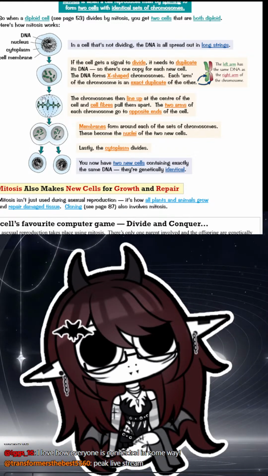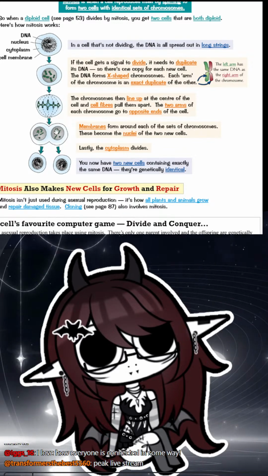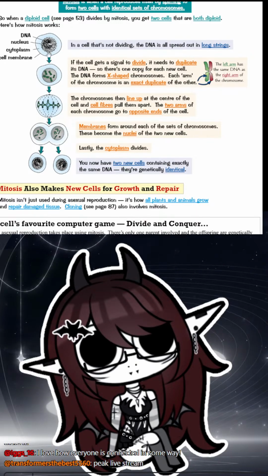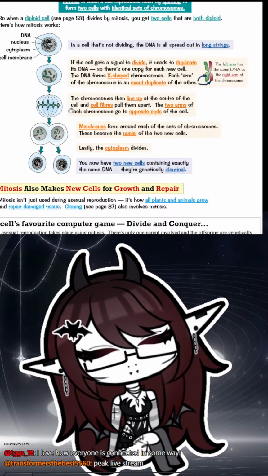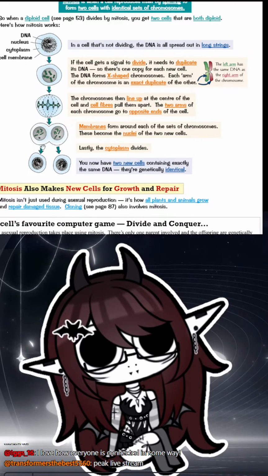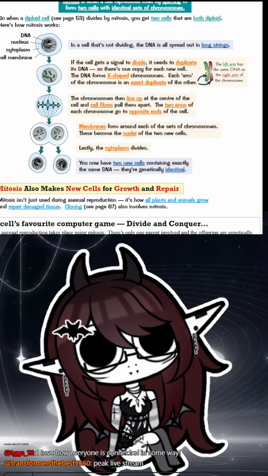So, after all the green ones have been pulled to the left and all the red ones have been pulled to the right, they each get their own little membrane around the nucleus. This is not the same as the overall cell membrane because the nucleus has its own little membrane. This is because the organism is eukaryotic, which means multicellular. If it was single-celled, like bacteria, it would just be this without these. There wouldn't be loads and loads of the different parts making up structures.